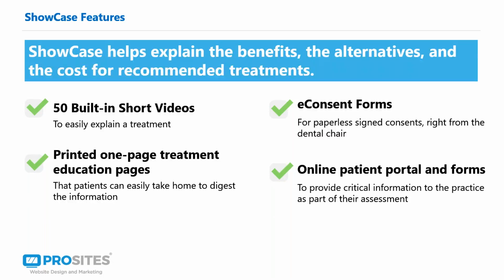information or health history information, medical information, insurance information in advance of an appointment, but also provides the practice and especially the doctor with critical care diagnostic information before they see a patient. So if a patient has a history of diabetes, we'll provide that information in the portal, or in the dashboard and in the printout that's given to the doctor before they see the patient, and really provides a value add